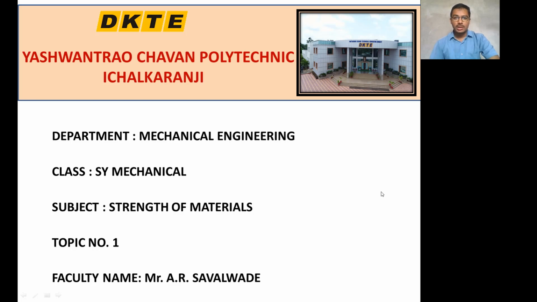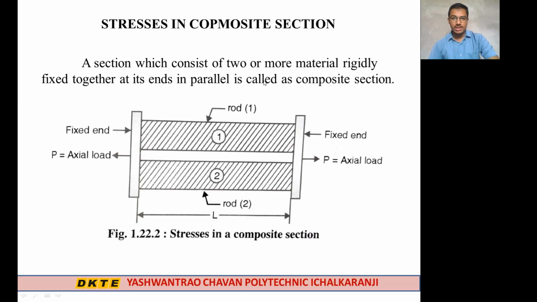Hello friends, today I am going to discuss the stresses on composite sections. That means if a material is made up of two or more different materials, then that material is known as a composite material. Stresses in composite section. A section which consists of two or more materials rigidly fixed together at its ends in